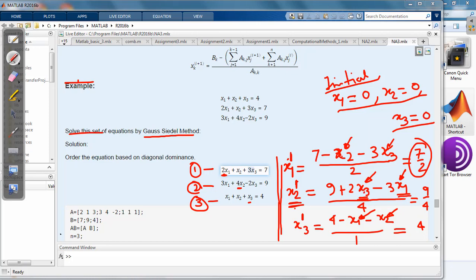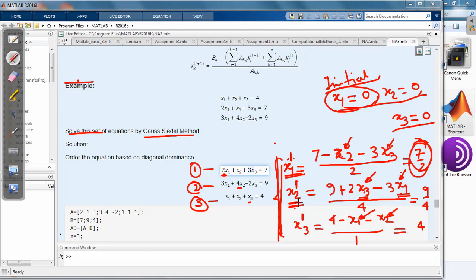But for x1, instead of putting the initial guess x1 equal to 0, we are going to put the already updated value from the first iteration, that is 7 by 2. So always we try to update our data. We are not going to wait for the complete iteration and then update in the next iteration, which we do in case of